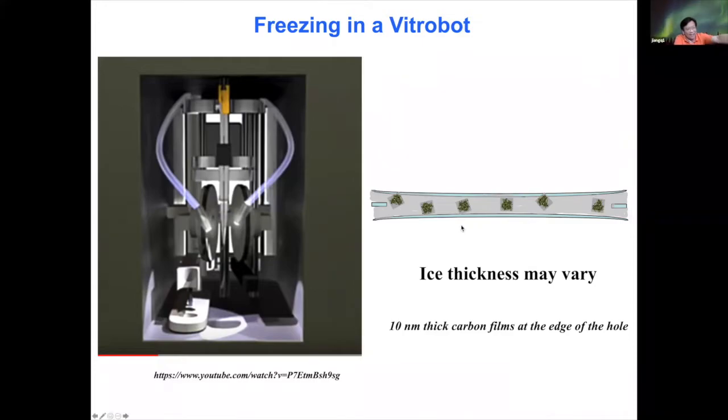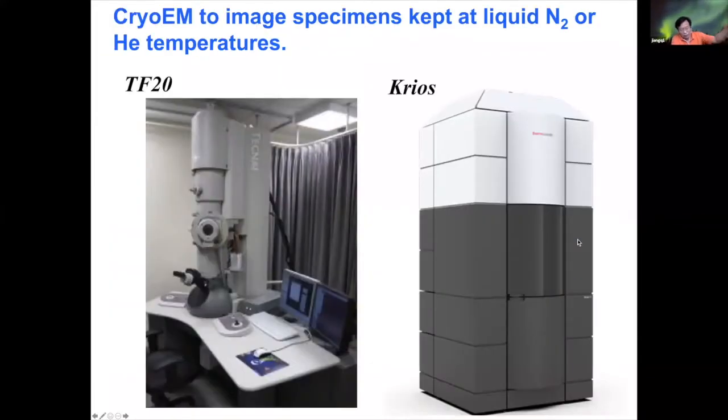You can see that the individual molecules still float around in the thin ice in different locations, and this is going to allow the preservation of the specimens at liquid nitrogen temperature, and the atomic resolution information of the protein is retained. And in these slides, I'm showing you two versions of the